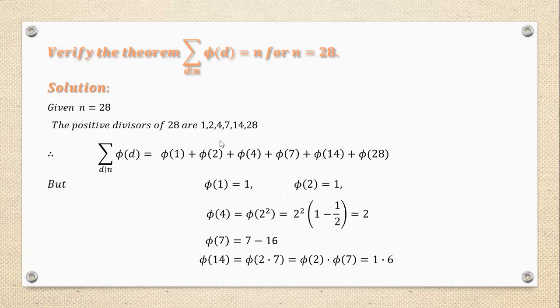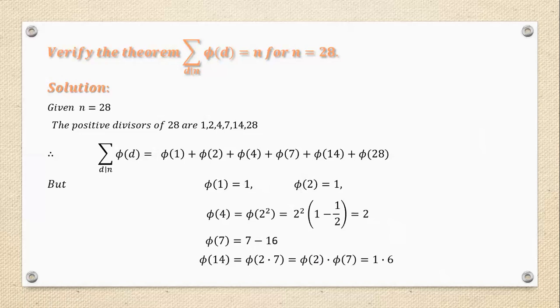So we separately find phi of 1 plus phi of 2 plus phi of 4 plus phi of 7 plus phi of 14 plus phi of 28. Why am I using plus here? Because in the formula itself, they clearly give summation and phi of d, where d indicates divisors. In our previous class, we discussed Euler's function. So how do we find the Euler's function's value? Phi of 1 is 1. Phi of 2 is 1. Even for phi of 1, we don't consider 1 a prime number. It stays as it is, 1.